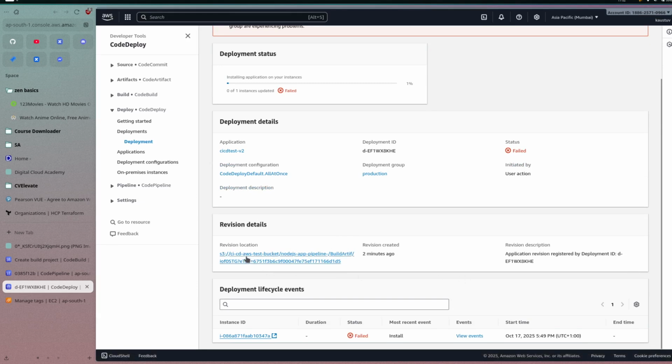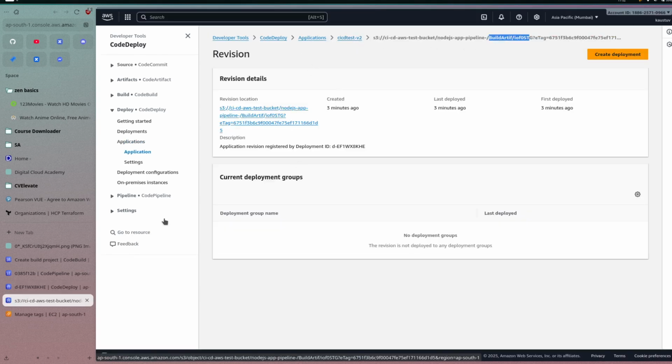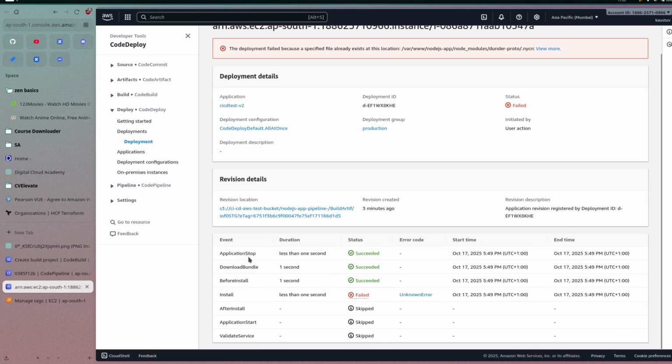Okay, so you can also see where the artifact is sent. It is sent on this bucket, this particular location. If you just click over here, you can see this is the particular S3. Let's see, yeah, we can see that in a bit. So for now, if you click on view event, it says application bundled, application installed. So it fails because